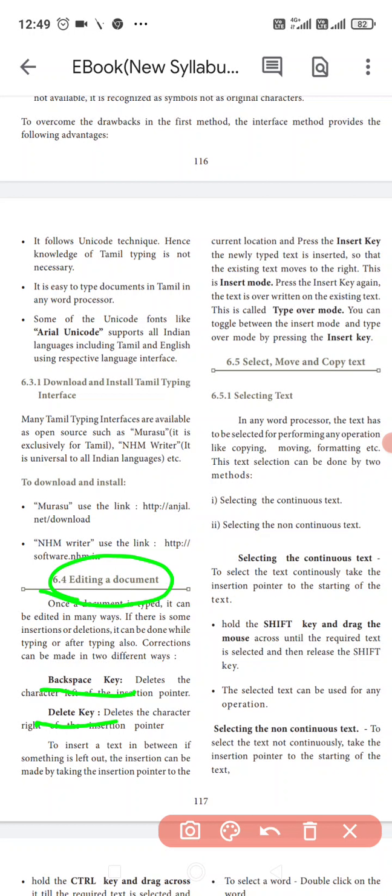The insertion pointer is there, and it deletes to the left side. The delete key deletes the right side character. That is how we edit documents.